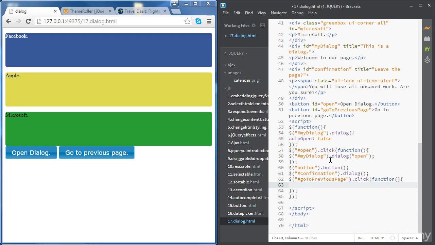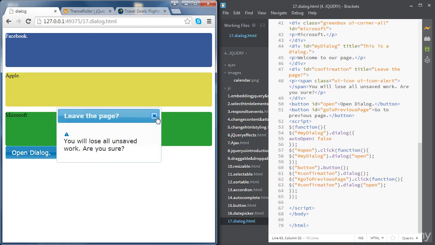So as we did for the first one, so you're just going to be accessing the containing div using its ID, and then use the dialog method with the open parameter. So our div is confirmation, and then